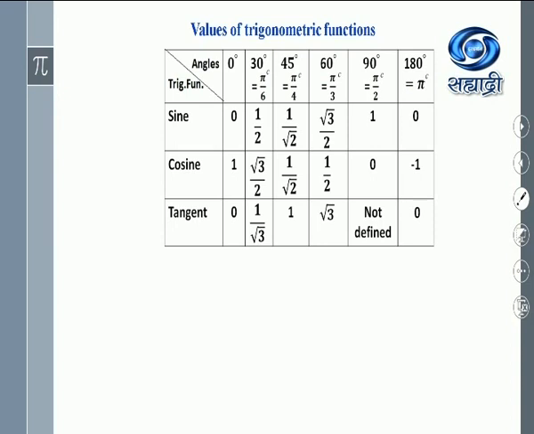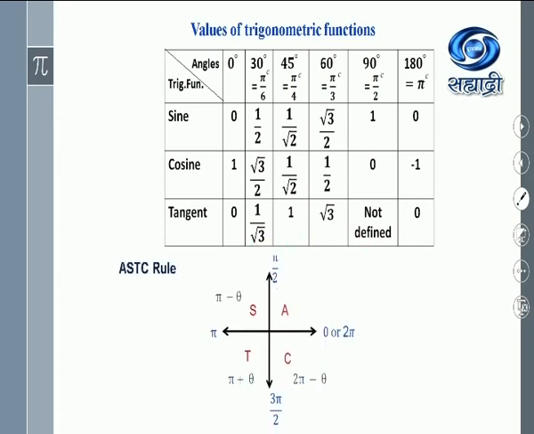30 degrees is pi by 6, 45 degrees is pi by 4, 60 degrees is pi by 3, 90 degrees is pi by 2, and 180 degrees is pi. And these values you already know, so we are not wasting time in doing this. Now the All STC rule, as I told you, you will have to remember. With this table, you will have to remember